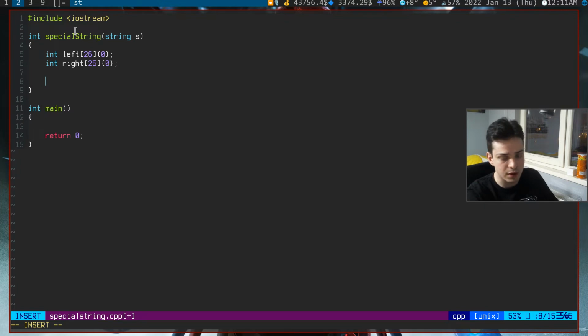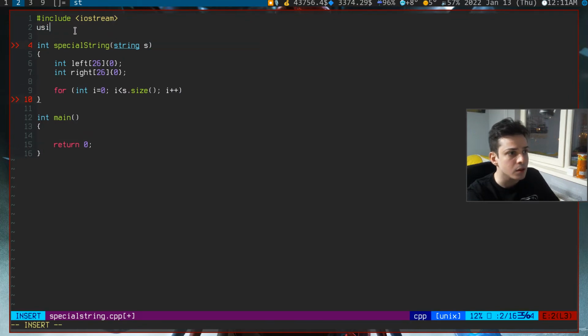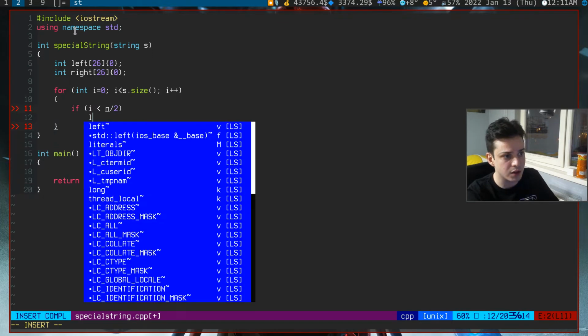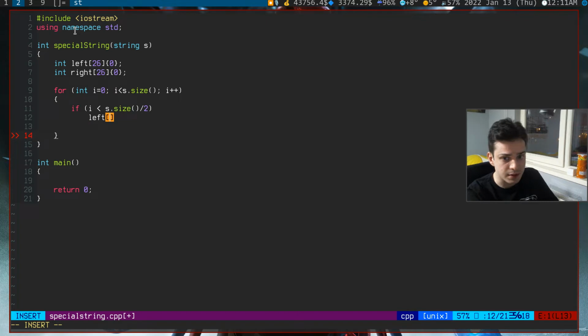So we need to have a simple for loop here. i starts from 0, i smaller than s.size, and i plus plus. Let's put using namespace std first. If i is smaller than n divided by 2, then we are going to increment left of s[i] minus 'a'.